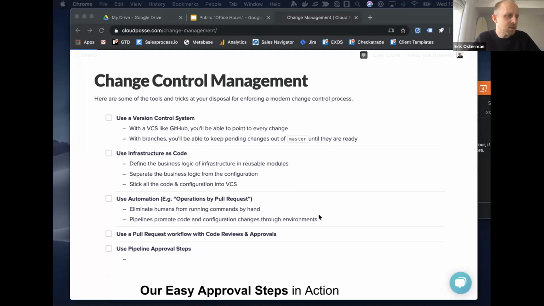The next one is infrastructure as code, defining the business logic of your infrastructure and using reusable modules for that. It's one thing just to write infrastructure code like raw Terraform resources, but I do want to capture that a module, like a Terraform module or Helm chart, is a discrete unit of business logic which you can sign off on organizationally, saying this is how you do things, and then reduce the scope of change control when you're using reusable components, especially ones that you've signed off on in the organization.